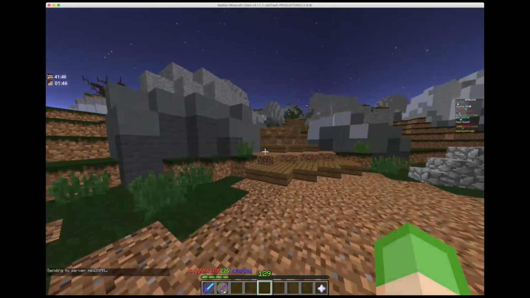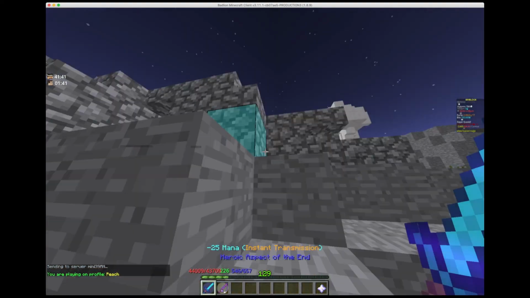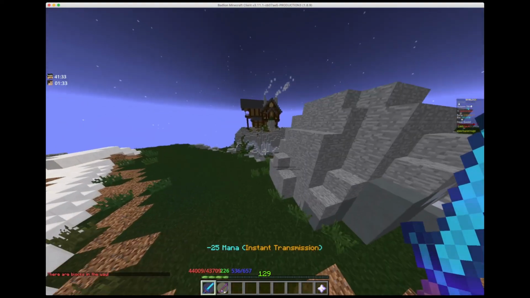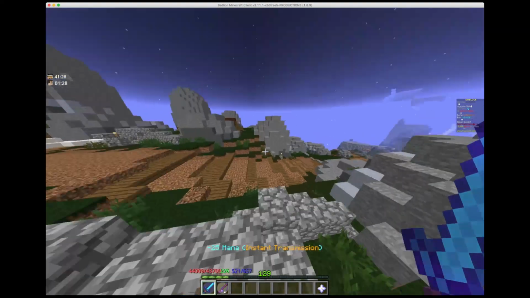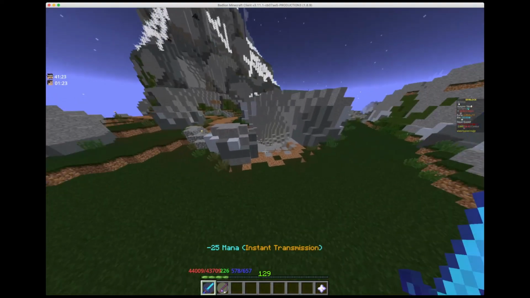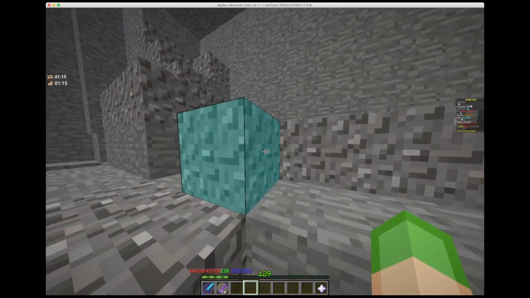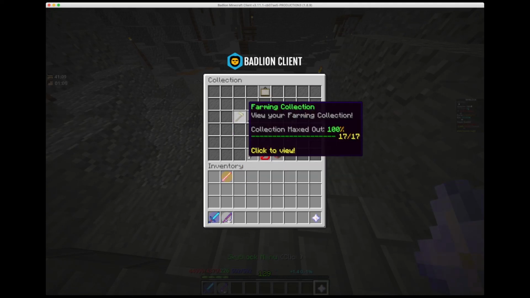Let me find this real quick. I have no idea where it would be. Pretty sure here. Okay, yeah. Hopefully here. Okay, this is basically one of the entrances here. Gravel's right here. You'd want to get that, to be honest, until you get,